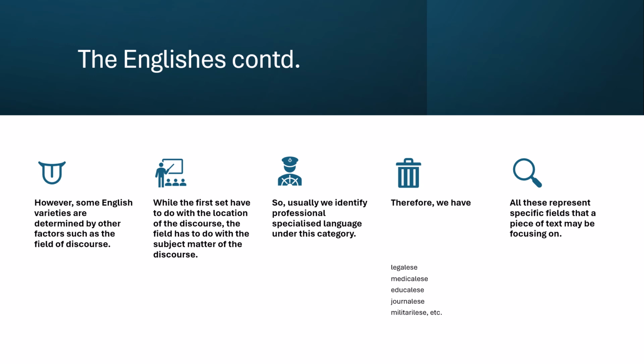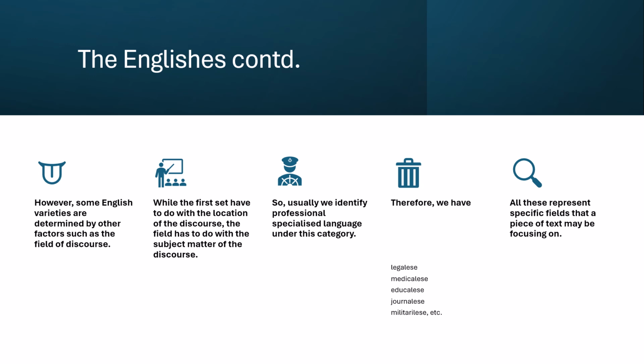So of course we are still working on Nigerian English, and basically it requires codification for us to get to that place where we can actually define it. But to say that it does not exist, that is not true. So we still continue about the Englishes here. We also can have varieties defined by field of discourse. So we mention that so that you can take note of that too.